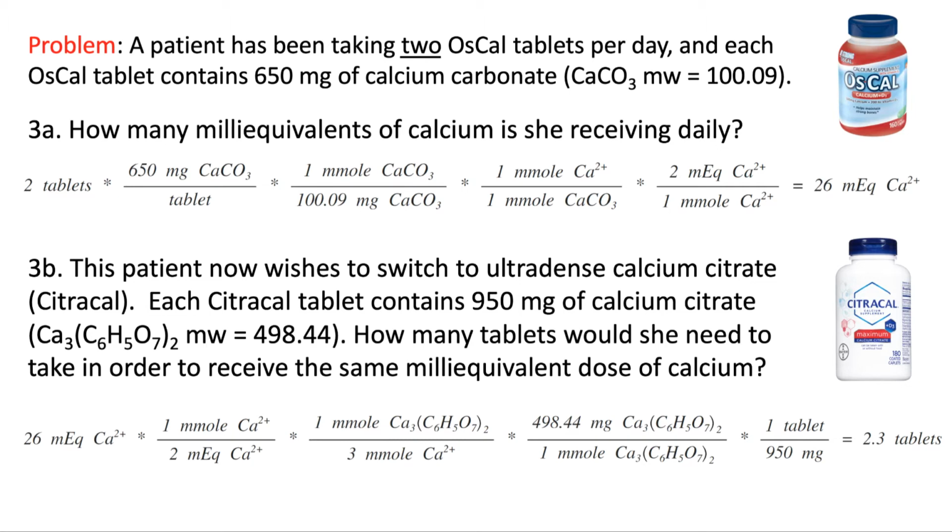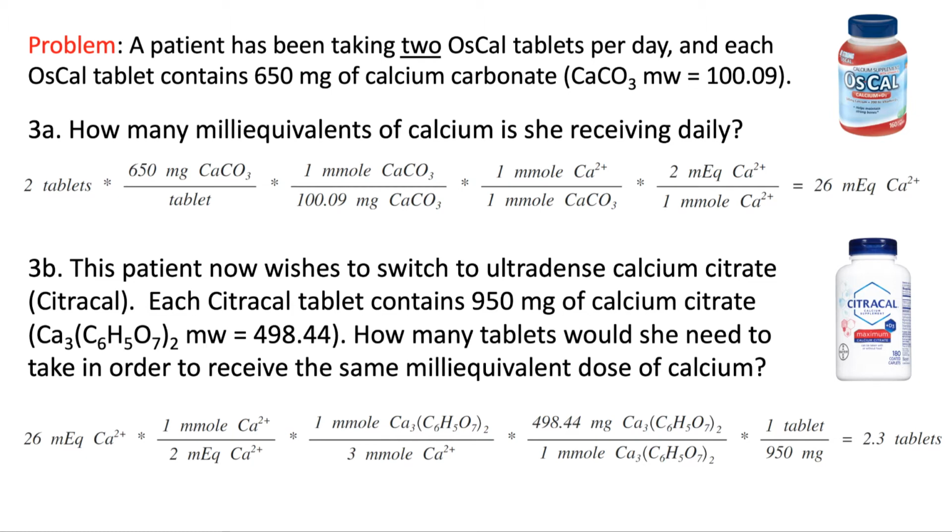Now, here's a little bit of a trick. We have to be careful. I need to convert from the number of molecules of just the calcium ion to the number of equivalent molecules of the parent compound, calcium citrate. So we have to look at the formula. If you look at the formula, you'll see that calcium has a plus 2 valence, but citrate has a minus 3. So to get the charges to equal out, we have to combine 3 calciums with 2 citrates. Therefore, the formula is Ca3 and then 2 citrate molecules,